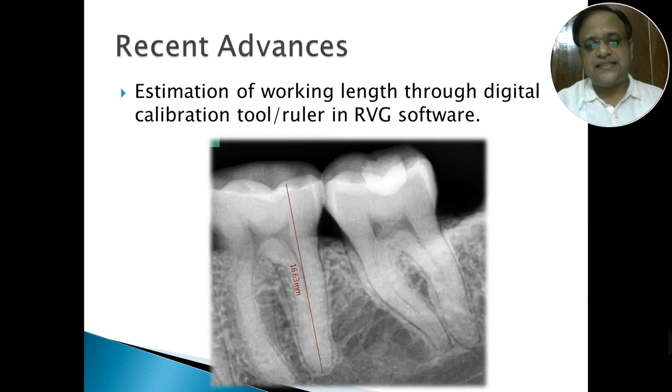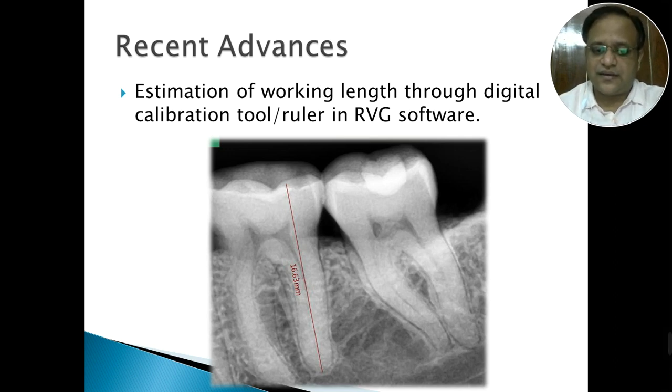So what are the recent advances that have come up with the radiographs or the RVGs? The radiovisuographic softwares usually have an endodontic scale or a measurements tool. So as you are taking the estimated radiographic length